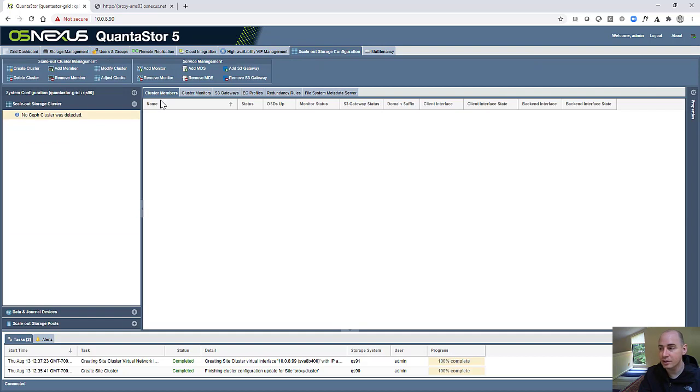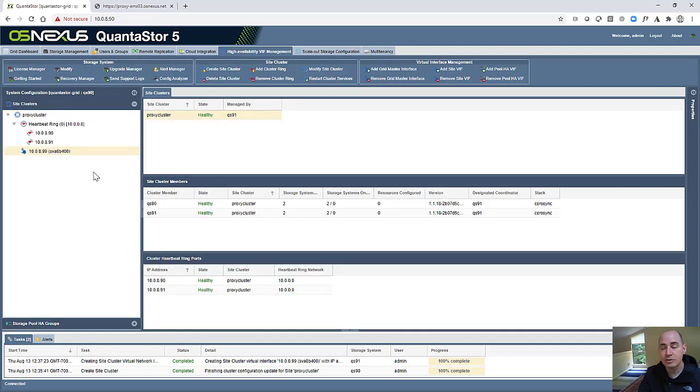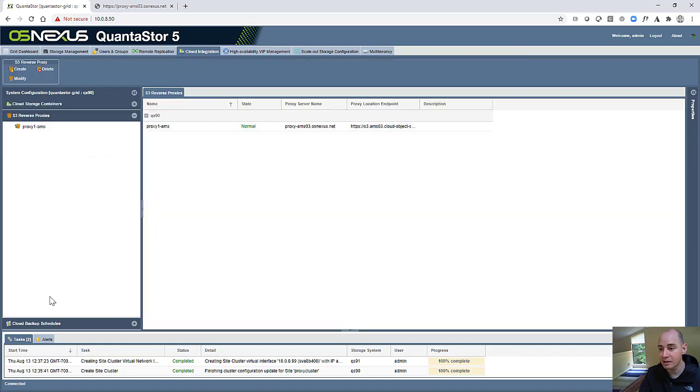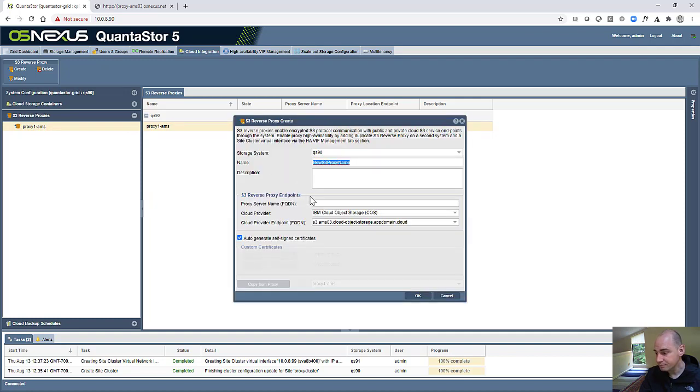We added our virtual interface to the cluster, and now we can add our second proxy endpoint, because we need to set up that proxy on the servers that we want it to be able to be highly available across. So we're going to go back to the Cloud Integration tab and make a copy of this proxy. So we're going to say create. Instead of generating new certificates, we're going to copy the certificates and all of the configuration from the proxy that